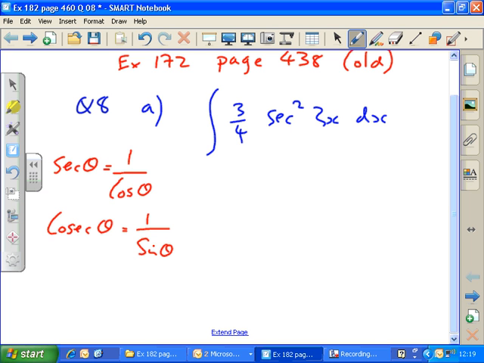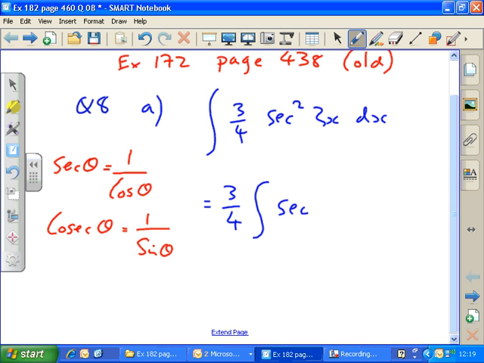So they are just related to the cosine and sine functions that you're already familiar with. And sometimes in integrations and problems involving trigonometry we come across these functions. So let's practice integrating them. So as before, we just take the 3/4 outside the integral